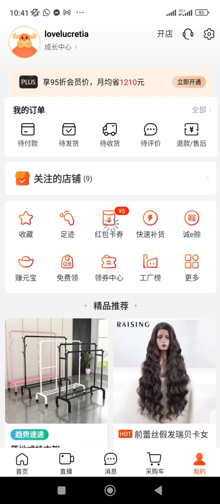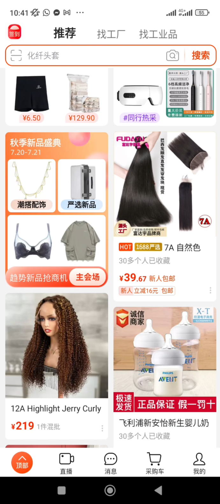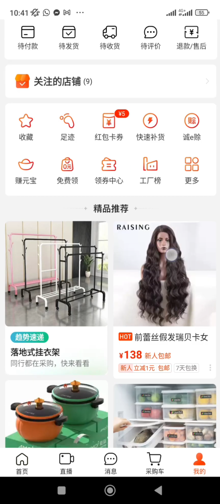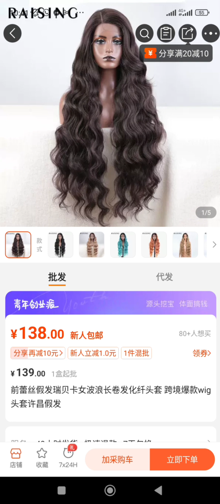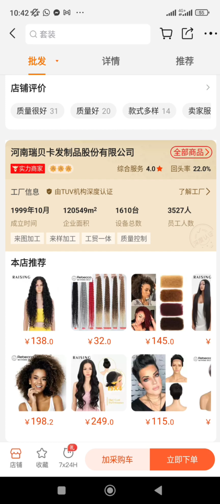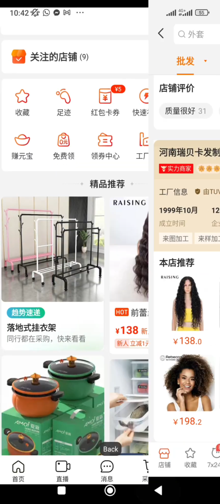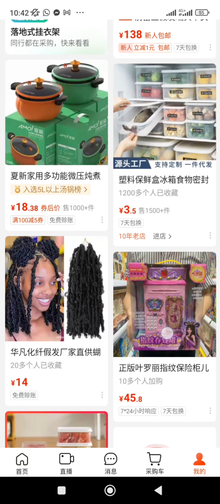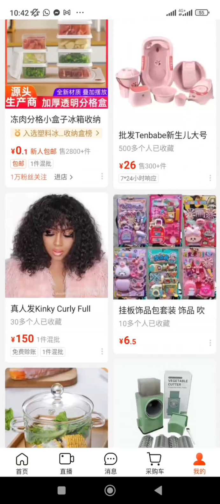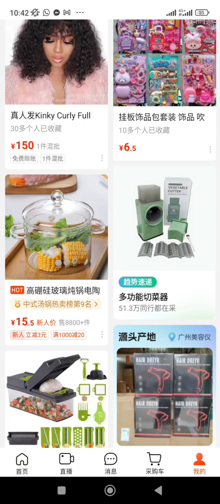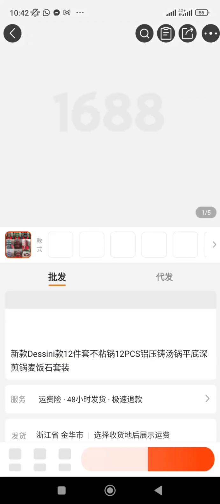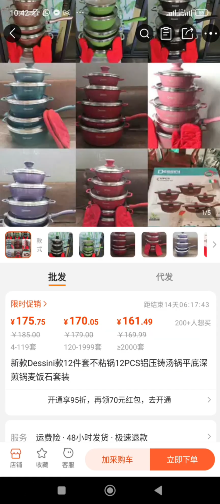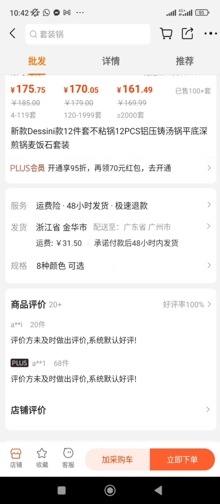So again, I said if you want to chat up with the supplier, you need to go through the product first. So let's say this is a product you like and you want to get more details on it. I don't know if a lot of us over here like wigs. Let me use something general, like a must have, like a pot. Let's try this out. So let's say I want to get this pot. What I'll do is,